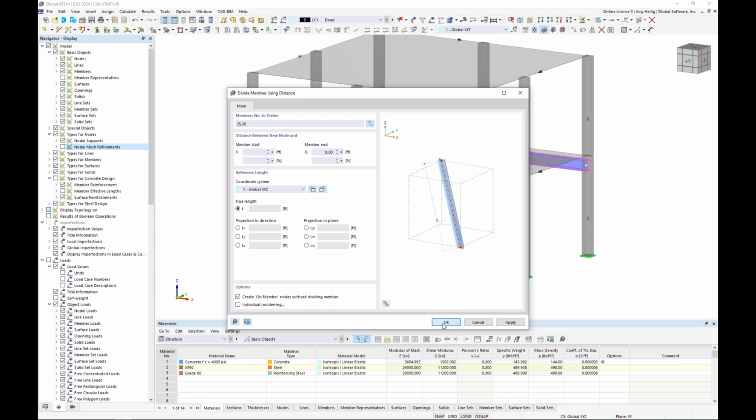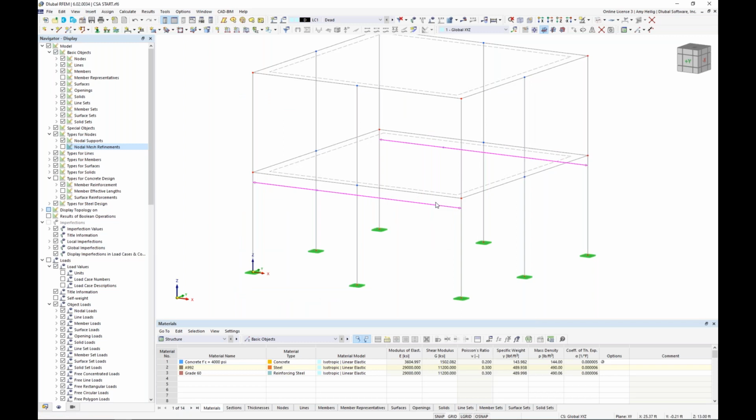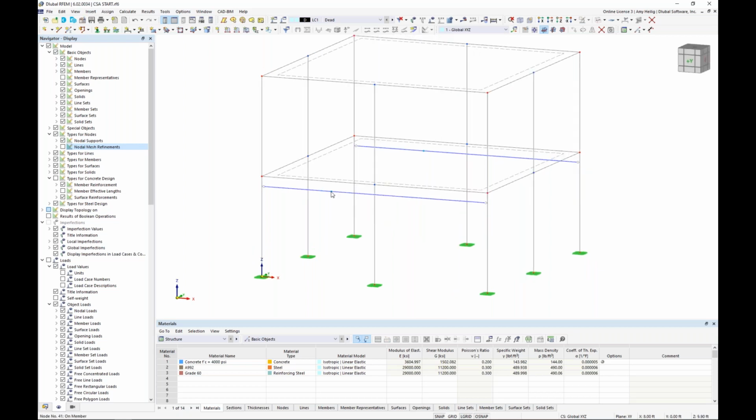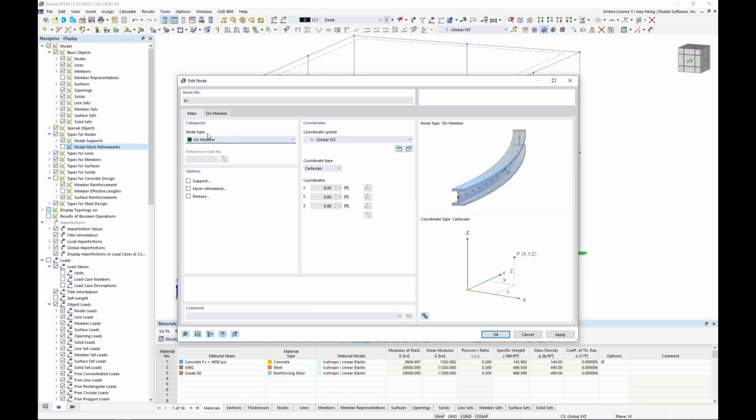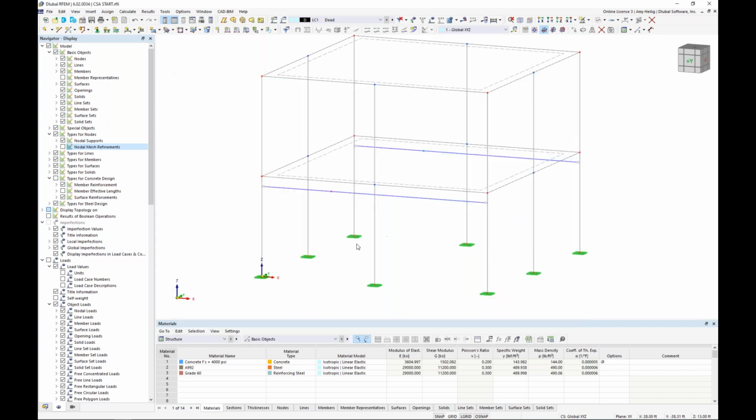So when I click OK and we turn this into wireframe view, you'll see that this is still one continuous member, but we now have a couple of nodes here defined along the member length. And these nodes are special in the sense that they're of the type on member, and the program automatically detects which member it should be integrated with. So what this allows me to do now is to draw in my steel columns that will frame into these